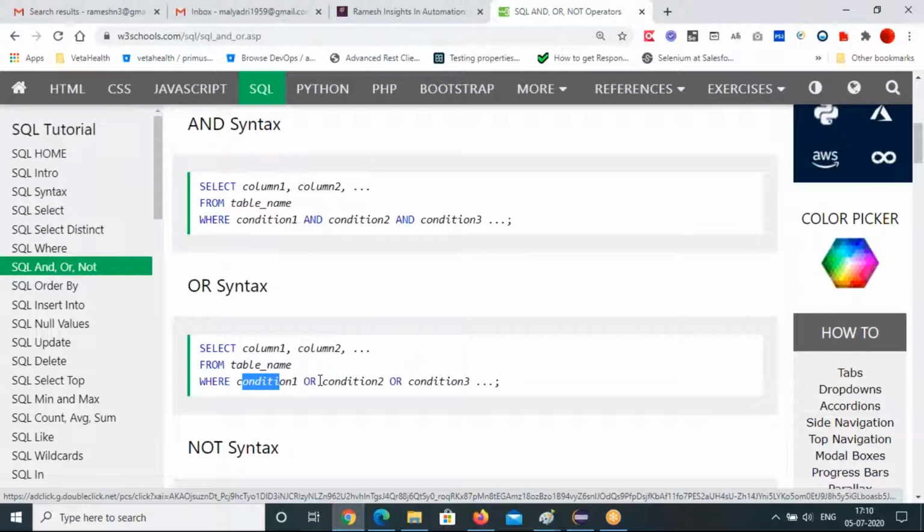If condition 1 is false and condition 2 is true, then the output will be true. Then this one OR condition 3: if the result of the first two OR condition 3 is true, you will get a result. This is how data will be retrieved with OR: any one is true. AND means both should be true, then only you will get the record. Otherwise you won't get.